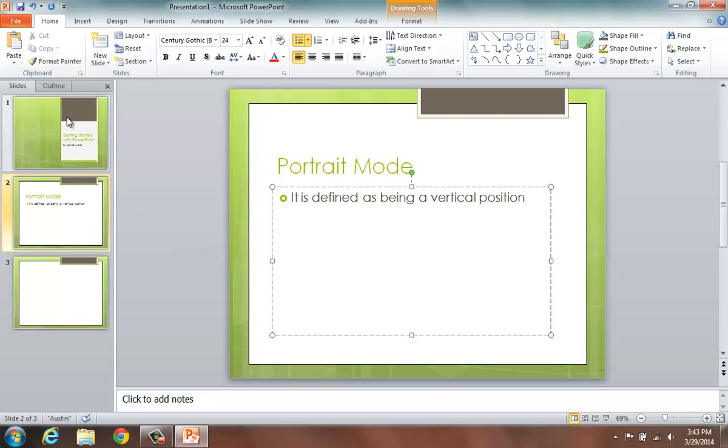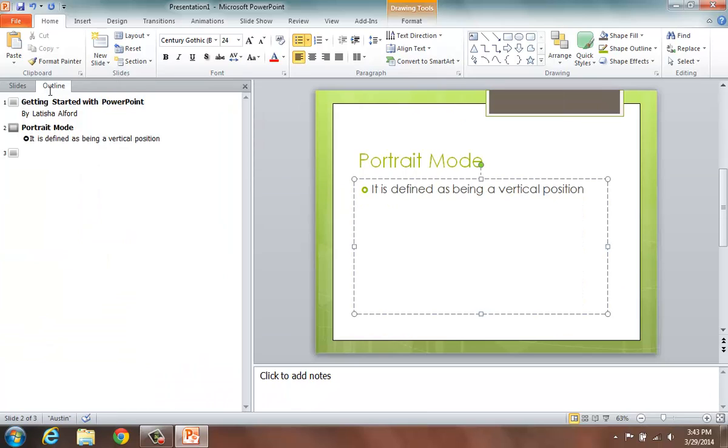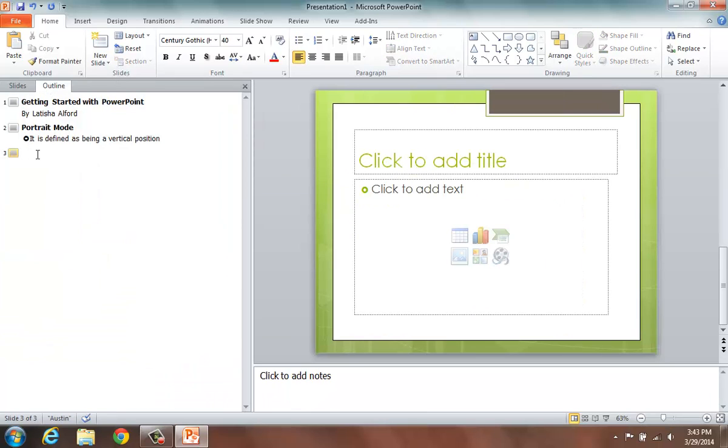The second thing is, if you just want to see only the text for your slides and not the images, select the Outline mode, because this gives you the ability to click over on the left on this side. For instance, I could say landscape mode. And when I press Enter, I can hit the Tab key, which allows me to get the bullets showing in that particular right side for the larger area. And in this case, I can say something like,